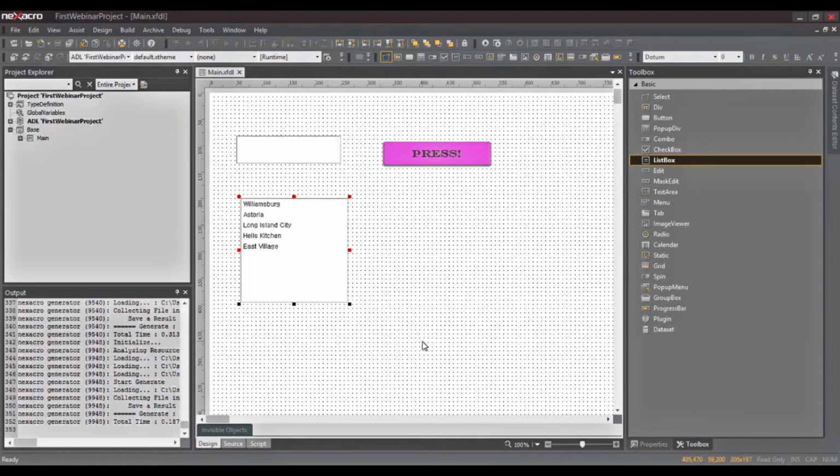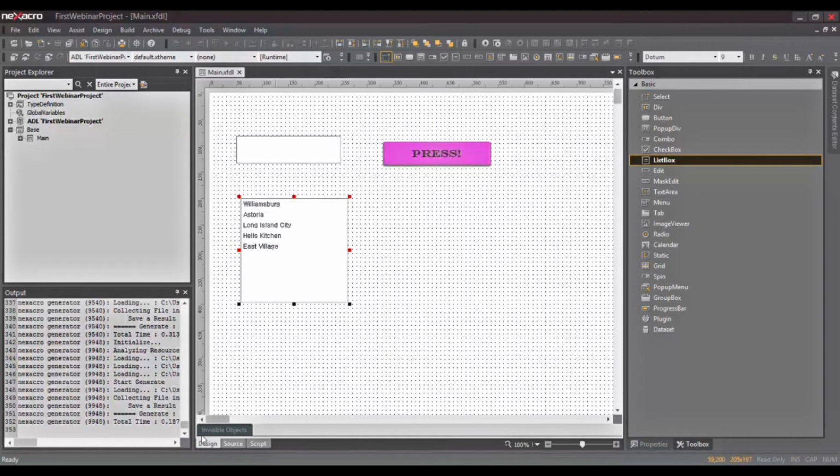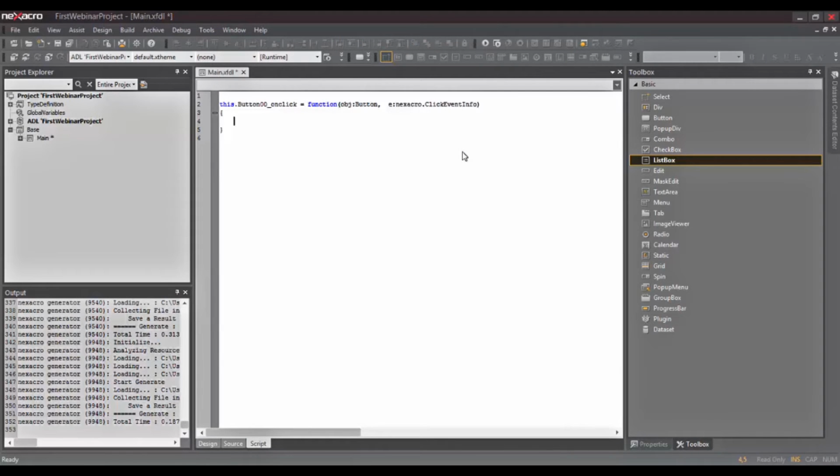So let's proceed to adding some behavior to this page. We can write code in the script tab of this page. The script tab is where we can write the JavaScript code for handling the events or the business logic. To create a new event though, we can simply double click, say, on a component like a button, and have a default event handler created and attached to the button. Here the on-click event handler is created and added to the button and is opened up for us to start